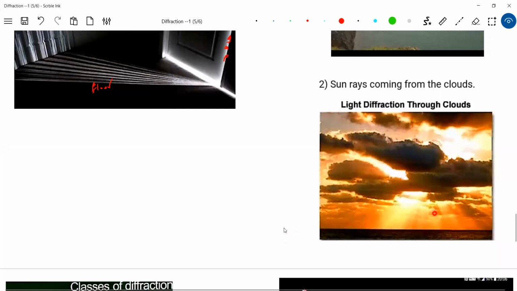What is this? Diffraction. Who will diffract? The clouds. What are clouds made up of? Water molecules. So the gap between the molecules will act like a slit, and the light passing through it will undergo diffraction. We do have many things. Just keep your arm against the tube light or go outside in sunlight. The shadow formed by the arm will not be completely dark.